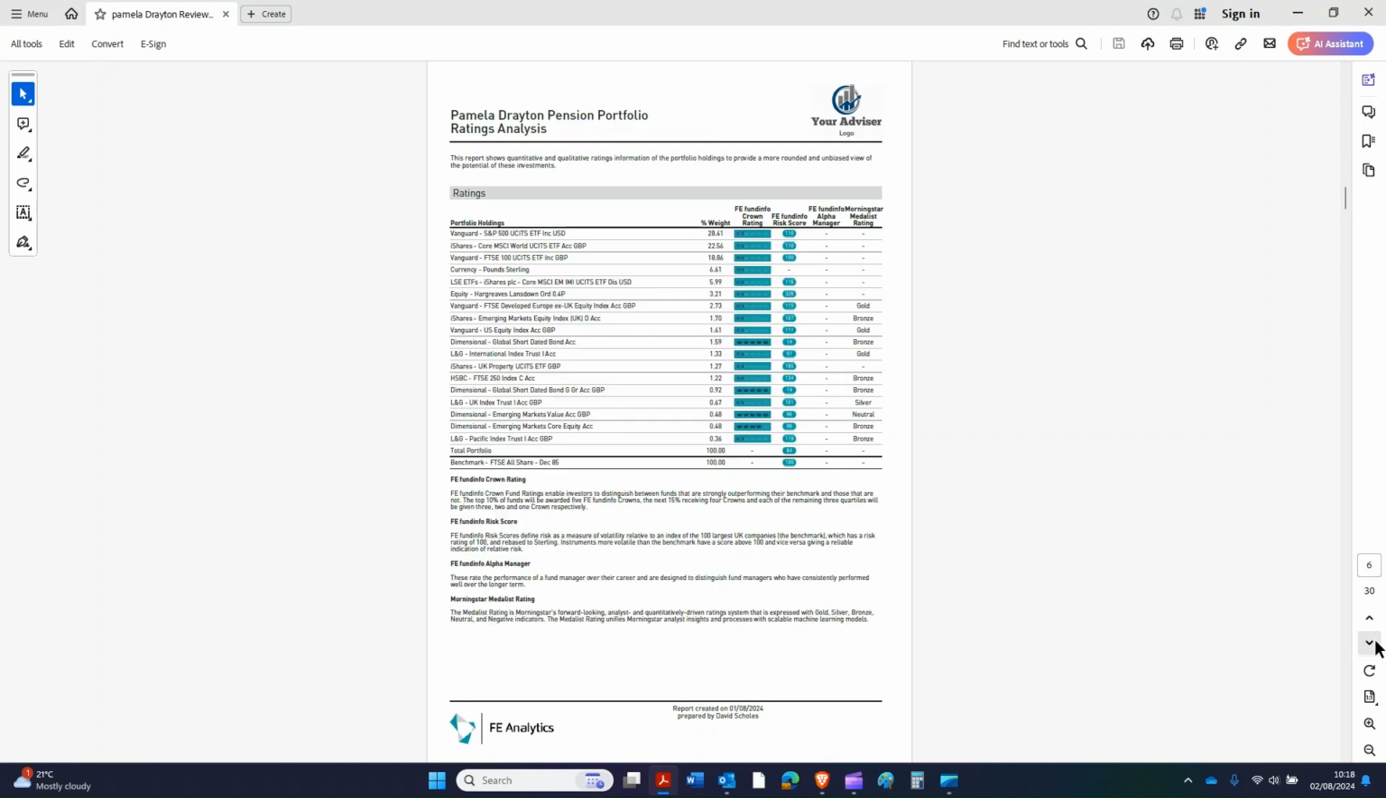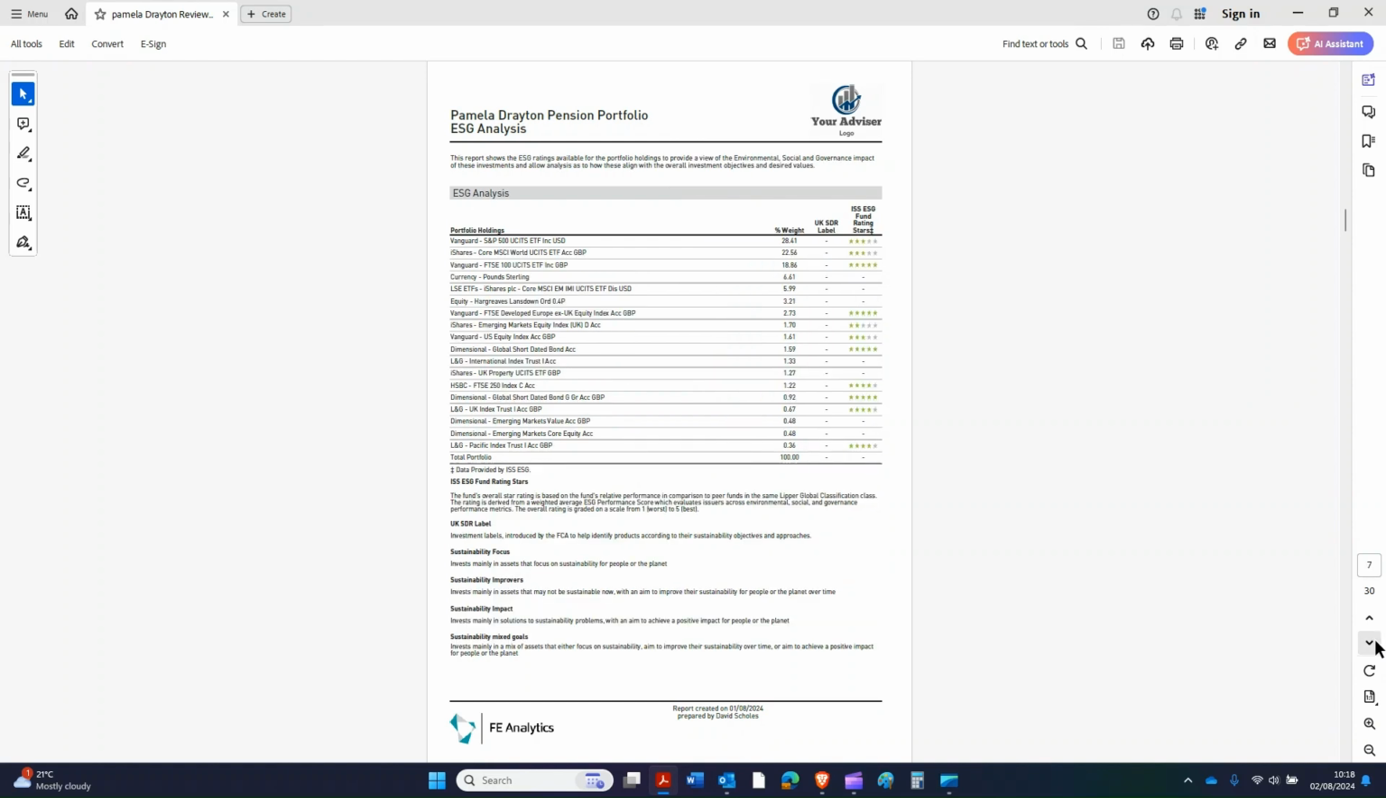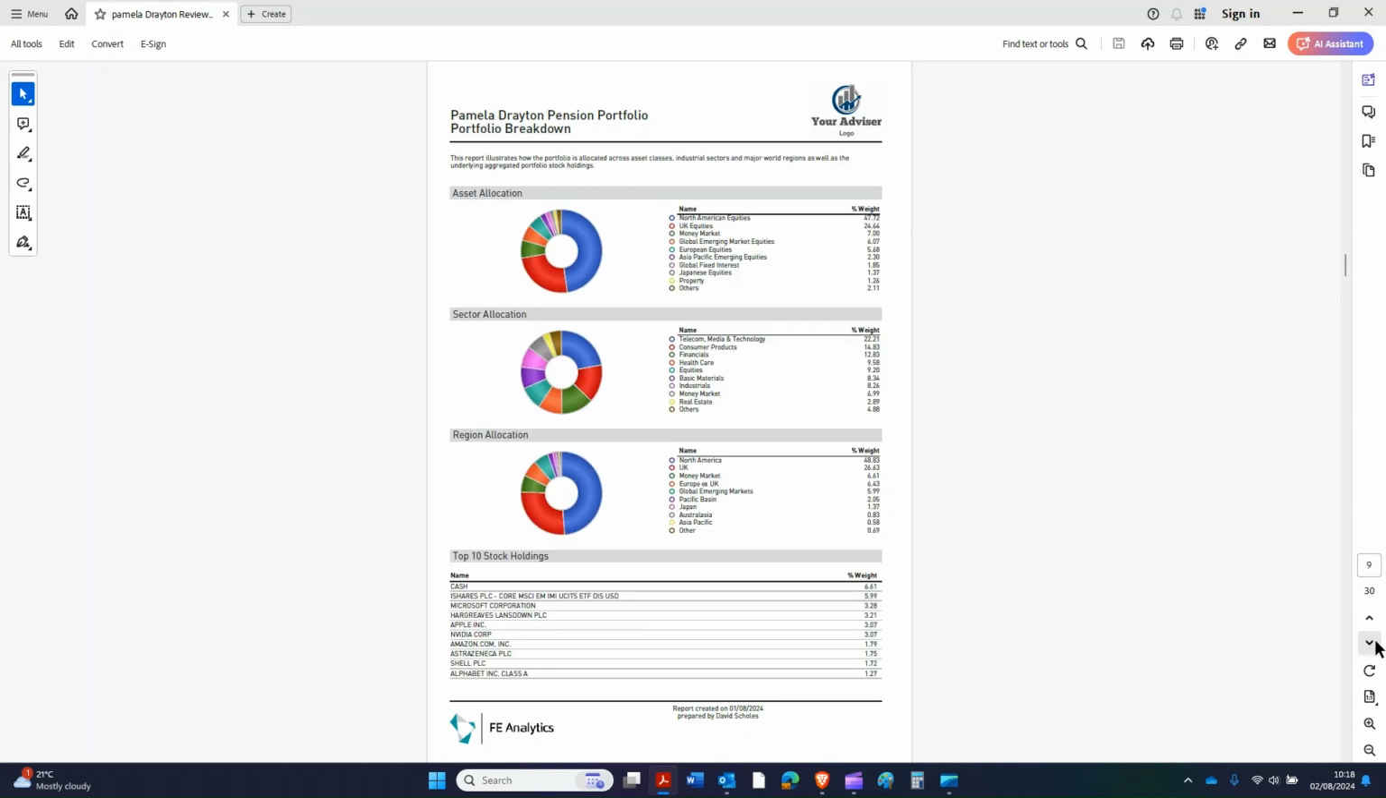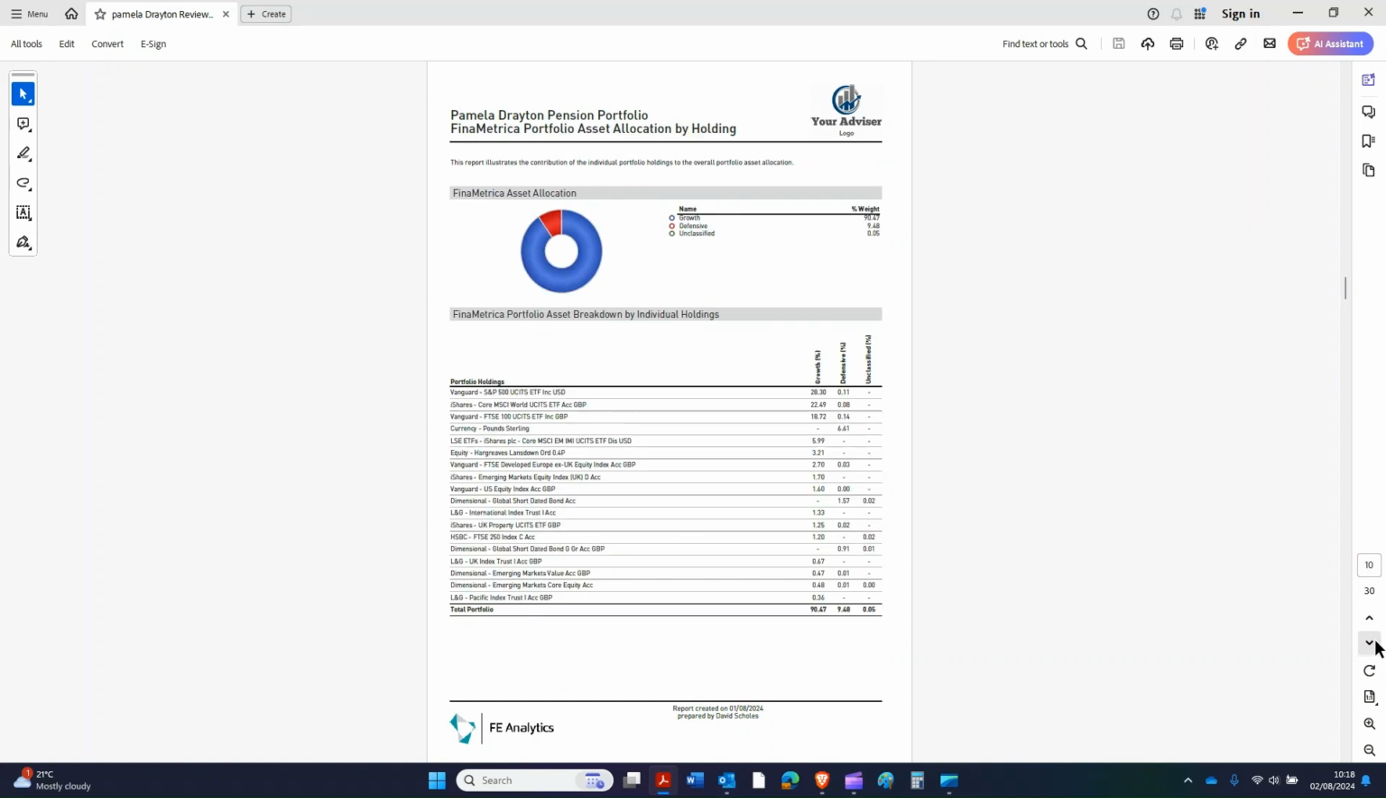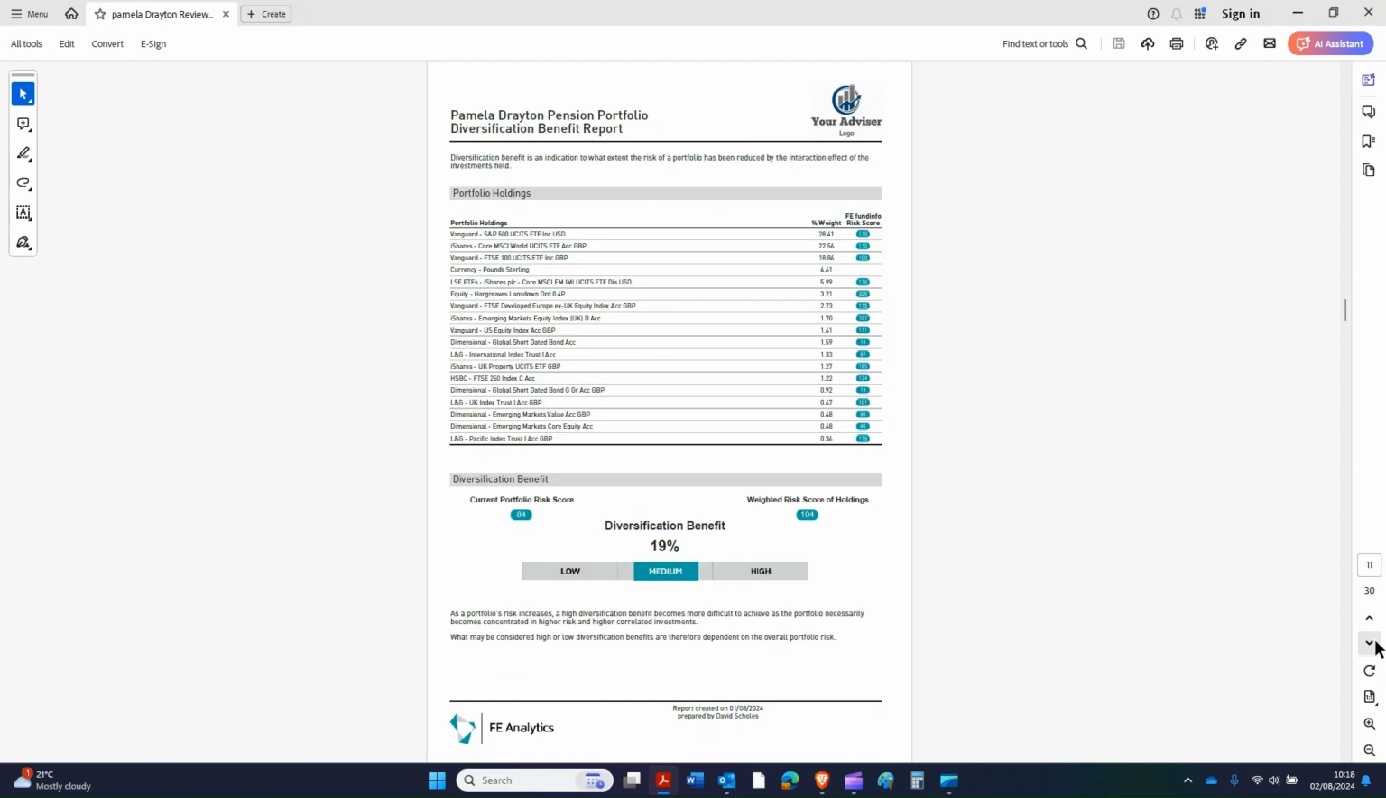Again, I personally want to show bar charts. I want to look at the ratings of every single fund. I want to look at ESG scores and those SDR labels as well, if relevant. And then the scatter chart of the portfolio, then the asset allocation, then the Phonometrica growth and defensive split, and